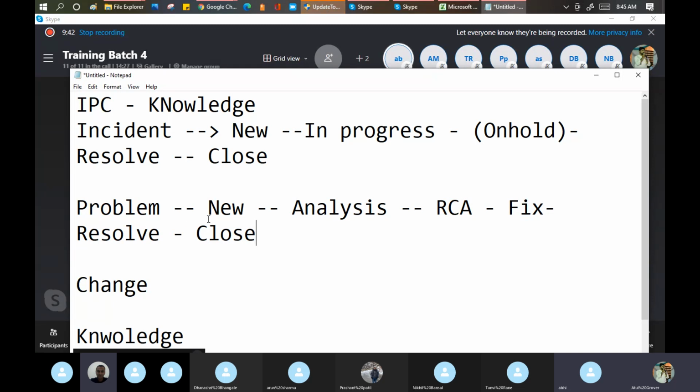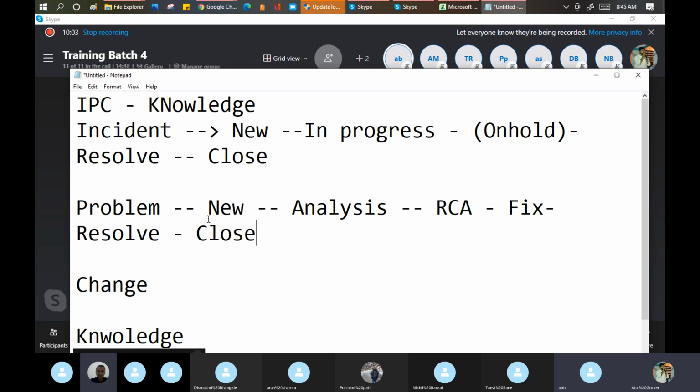It can happen because, according to me, and being a practical person here, a problem is one of the things which can never be permanently fixed. Think of a practical example: you cannot fix everything permanently, even though it is a problem record.